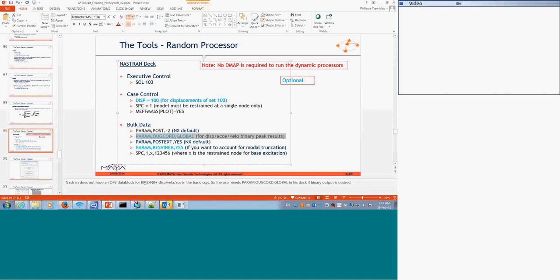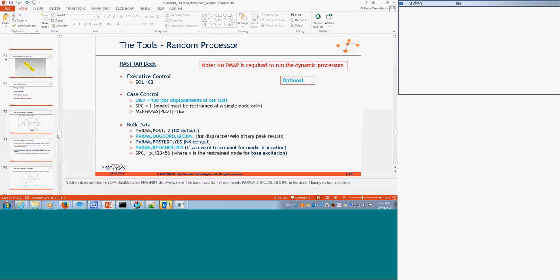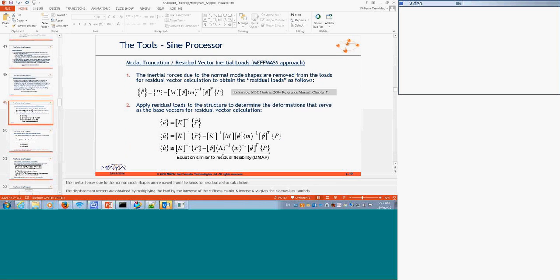The reason is because, as I put in the notes here, the OP2 file doesn't have a data block that's in the basic coordinate system for the result, but only if we're not dumping data to the OP2 file in the SLIME processor, so that's why it's not required. Long story. Nope, don't need it.